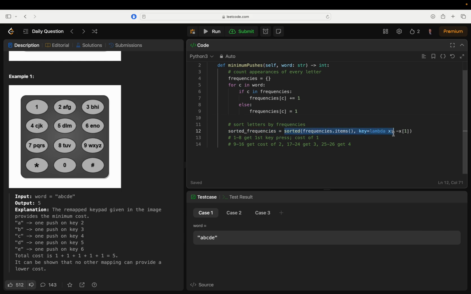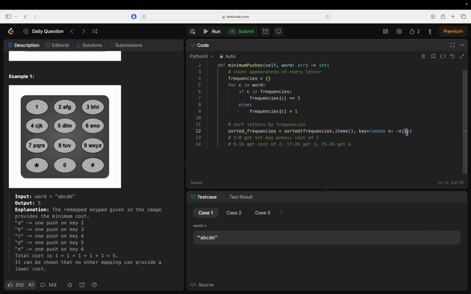So it's going to sort those. But how is it going to sort those? It's going to sort it with this key right here, and this key uses this anonymous lambda function. We're saying, for each pair x, we want to sort it by getting the second value, by getting index 1 in the tuple,